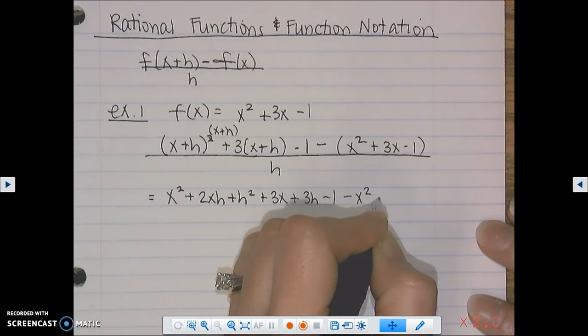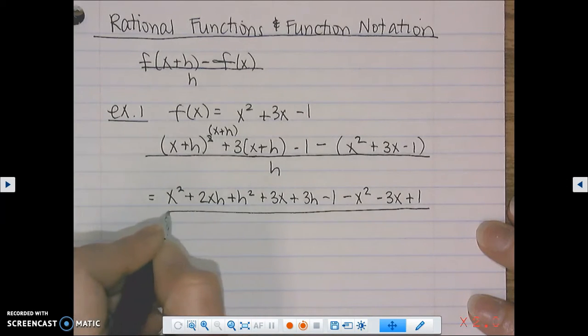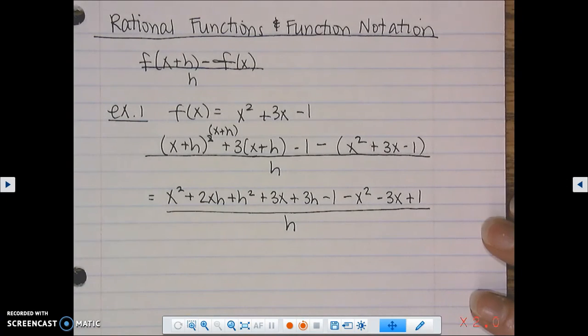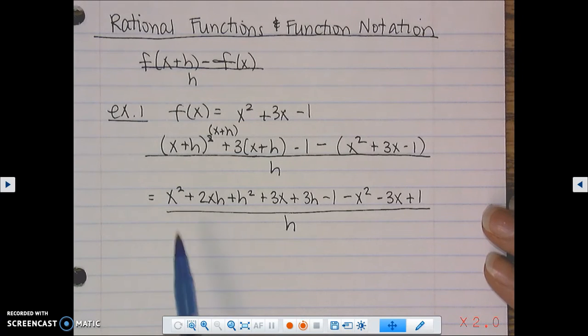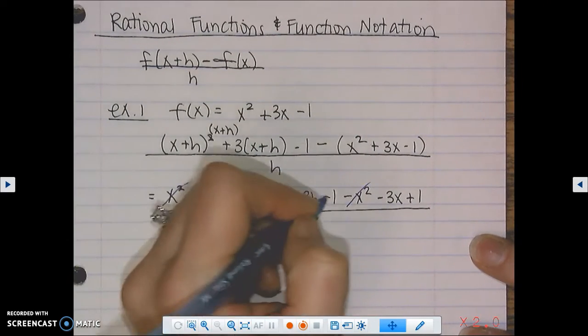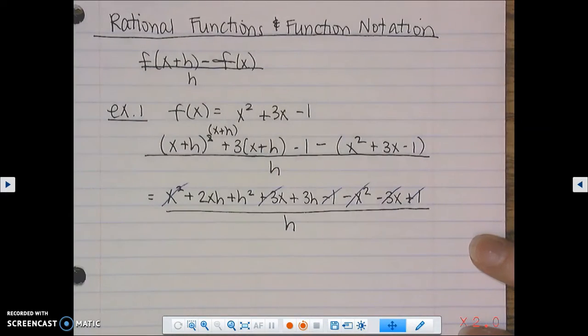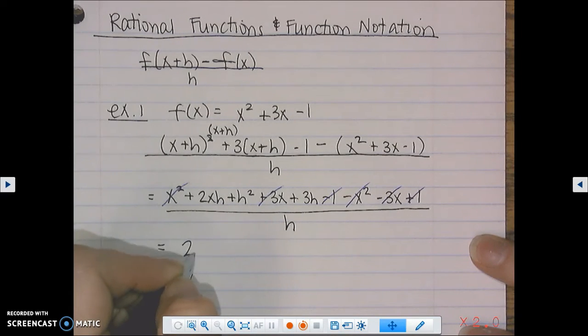So minus x squared minus 3x and plus 1, and this is still all over h. Now what we're doing is simplifying in the numerator what we got going on and crossing off like terms. So the x squareds can go away, the minus 1s can go away, and the 3x's can go away. And so what we have left there is 2xh plus h squared,